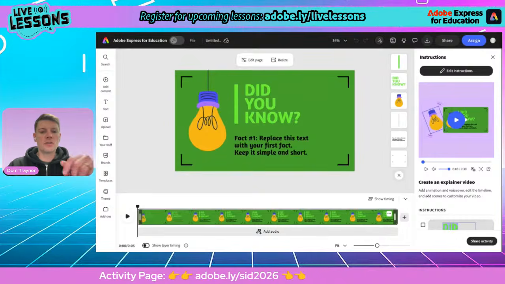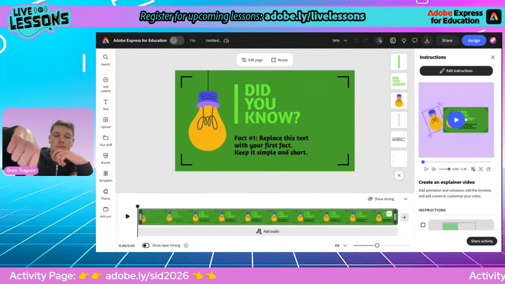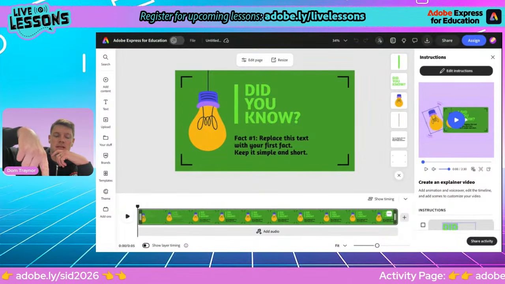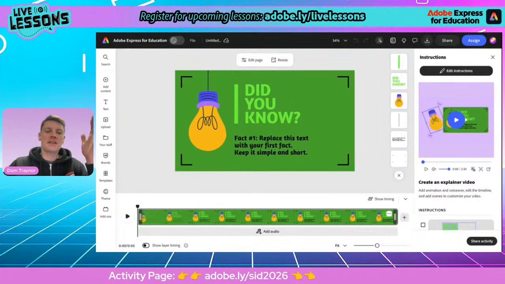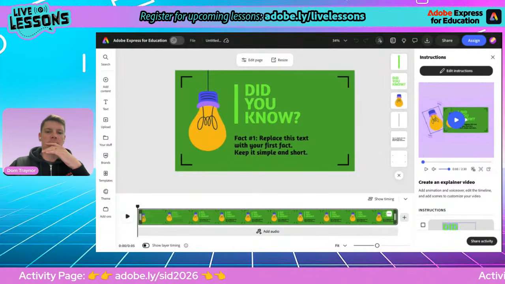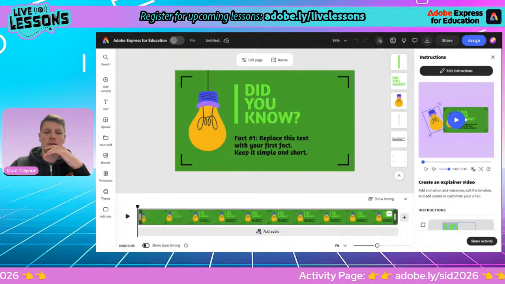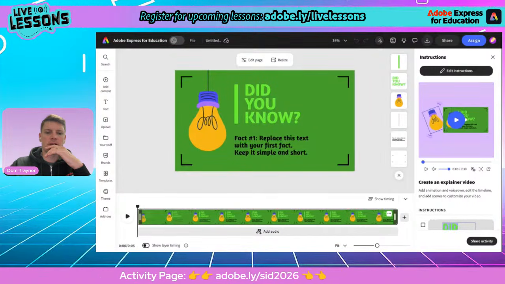Now we're going to assume that everyone's got the activity page open. It's down the bottom there if you need it. And we're going to start messing around with this text and these images and all this kind of stuff. Right, okay. So the first thing that I always do is